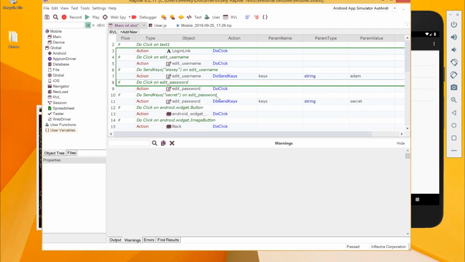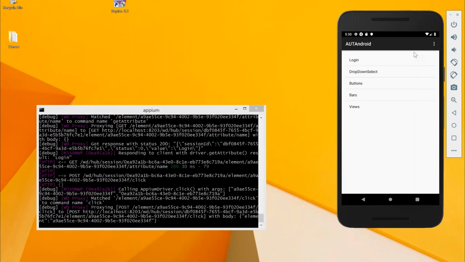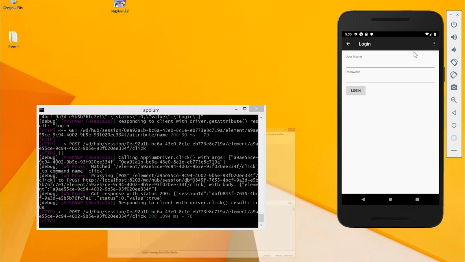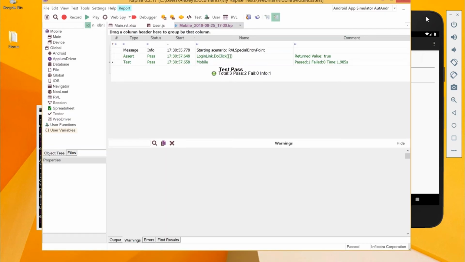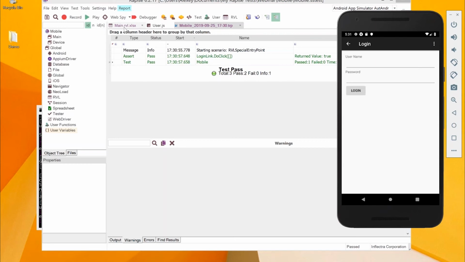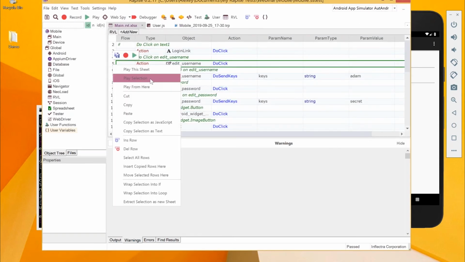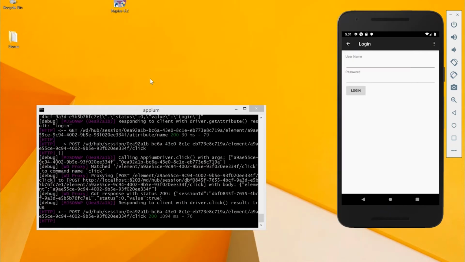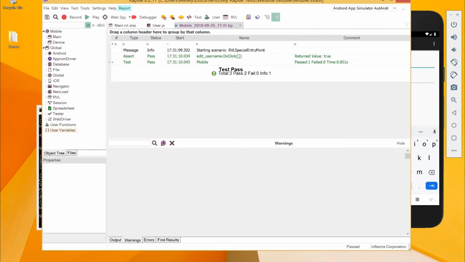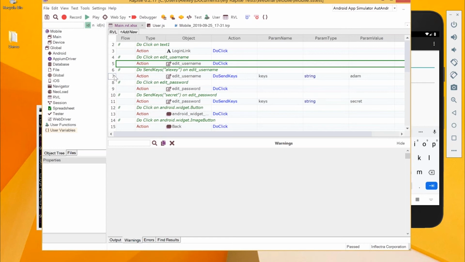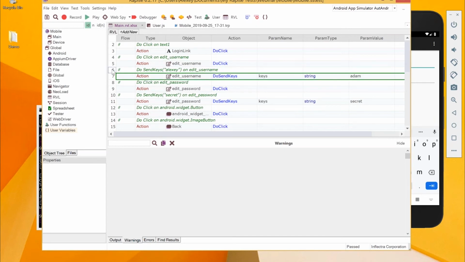Play selection. Since the application is in the right place, it's able to find all related objects. Login, do click, and how about this? Yeah, this worked. So something was wrong with my selection. Okay, let me then click and